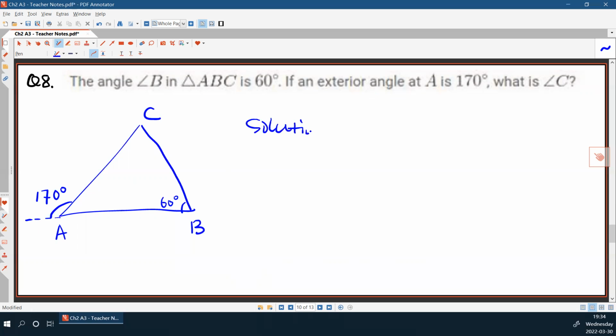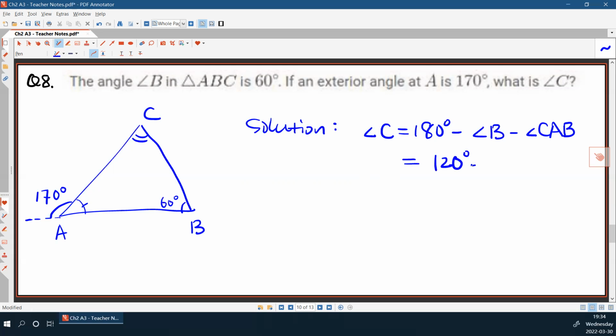Then let's have a look at the solution. We need to find angle C here. Okay, angle C is 180 degrees minus angle B, then minus an angle here, right? Which is angle CAB. Okay, angle B is 60 degrees. That means it equals 120 degrees minus angle CAB, right? So we need to find angle CAB first. Of course, angle CAB